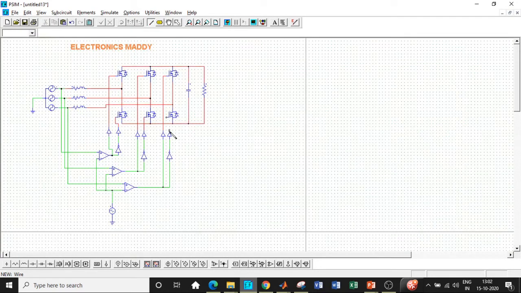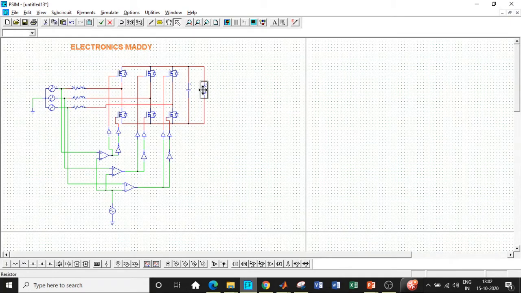The NOT gate is just because in the same leg I don't want both the switches conducting at the same time, and if that happens, then that particular path will become short circuit. For example, if both these switches conduct simultaneously, then this will be short circuited, and the source will also be short circuited because of it. So in order to avoid that, we will never go for such a configuration. We'll always ensure there is a NOT gate that is used for the other switch that is there in the same leg. I hope this concept is clear, isn't it?